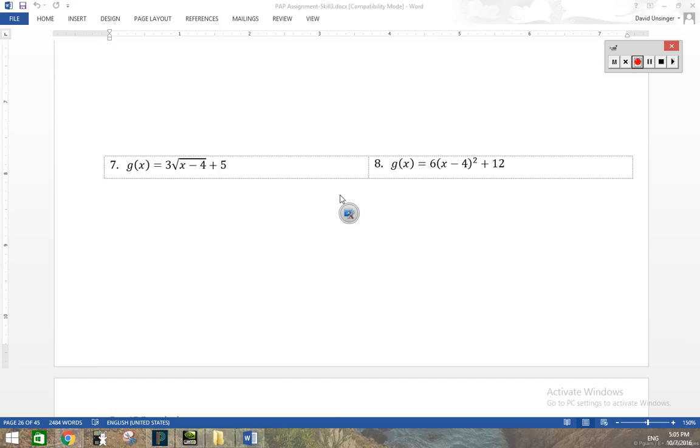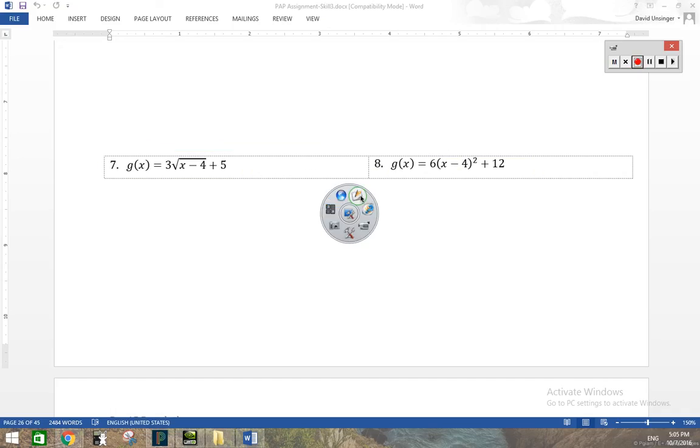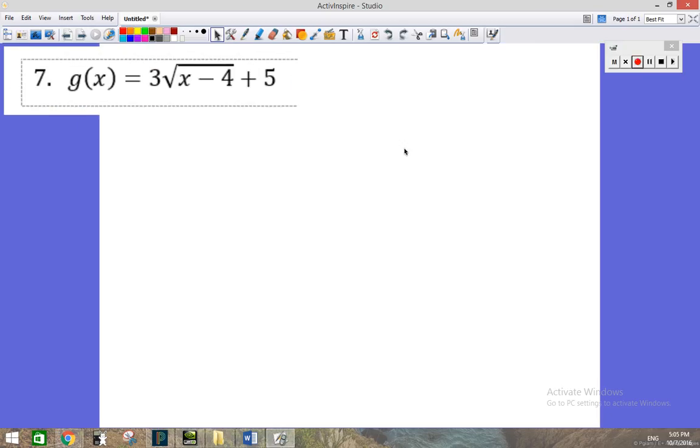Let's take a look at problem number 7 on finding the inverse. Actually, we want to do two things. We want to find the inverse and then determine if that inverse is a function or not. Alright, so